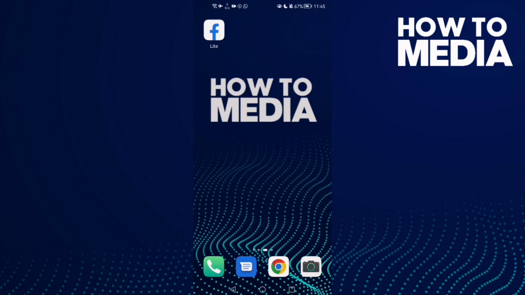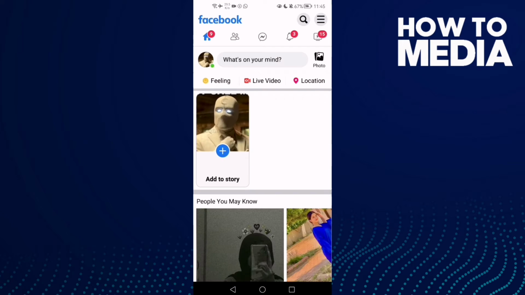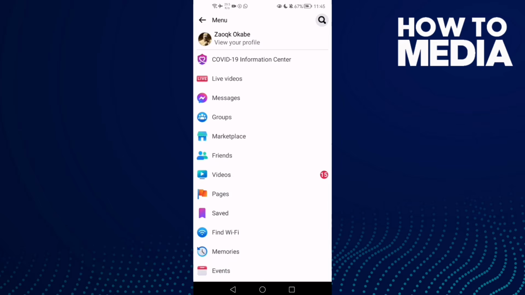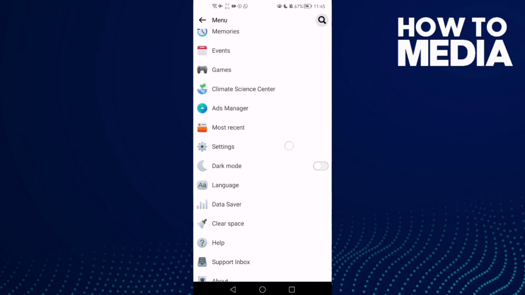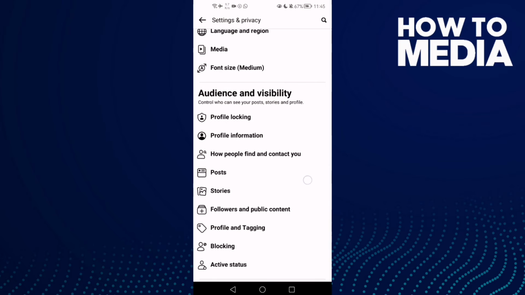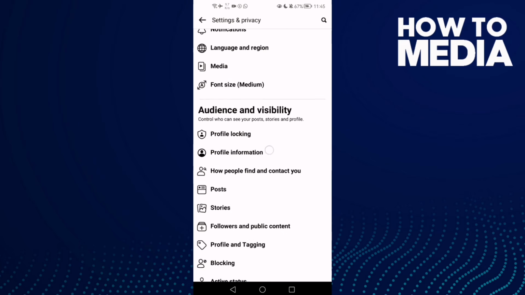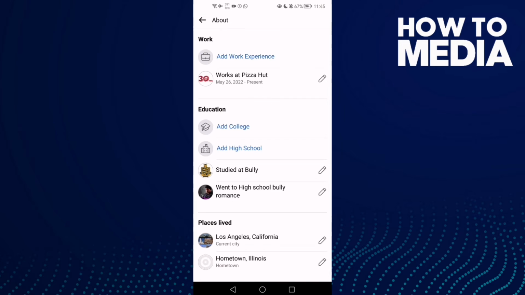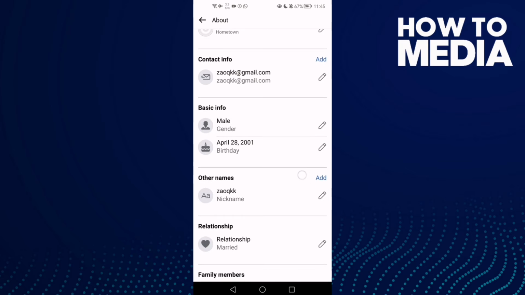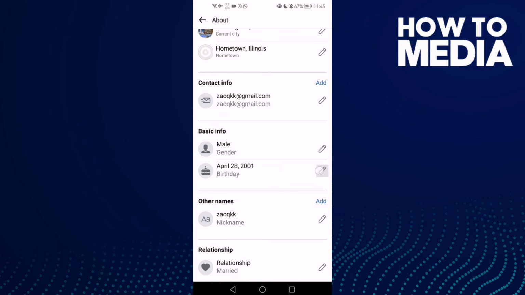First thing, go to Facebook Lite and here you will find these three lines in the top corner, and go down until you find settings. And here go down, you will find profile information. Click on it and go down. Here you will find your birthday. Click this pin here